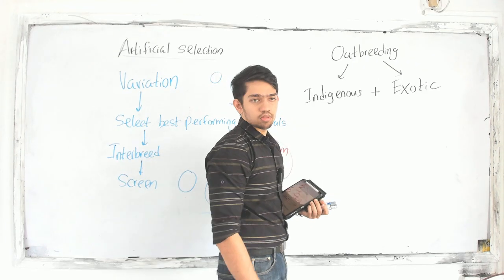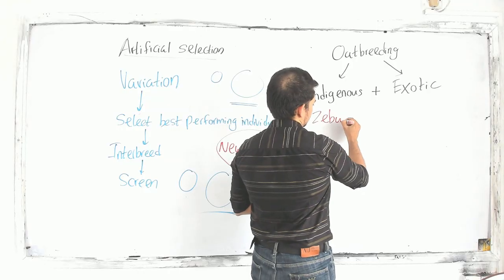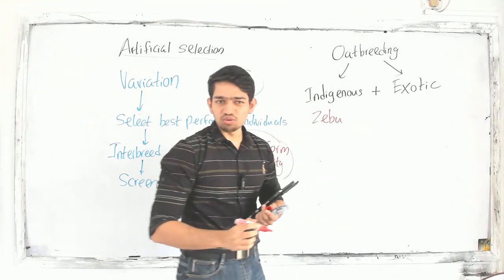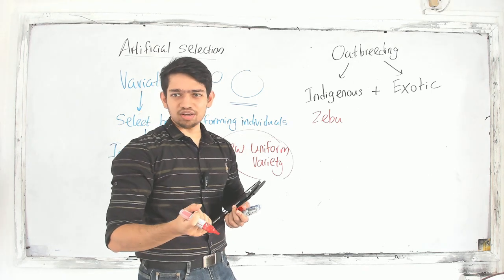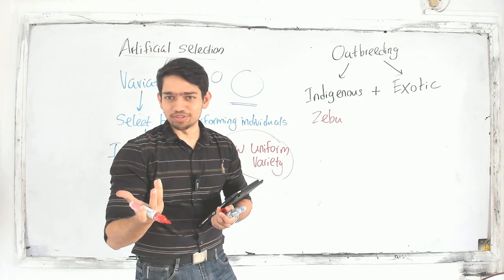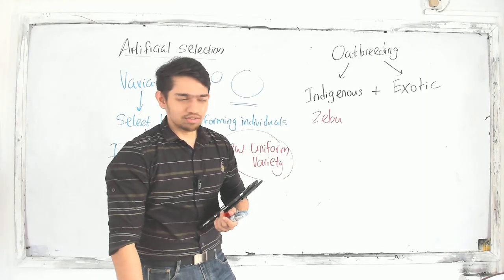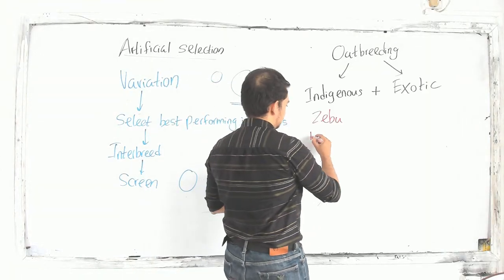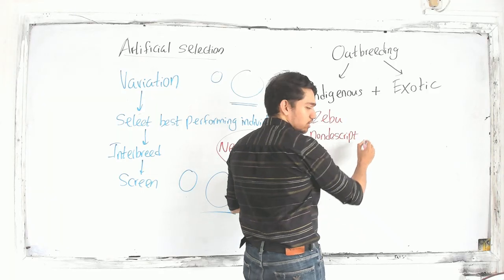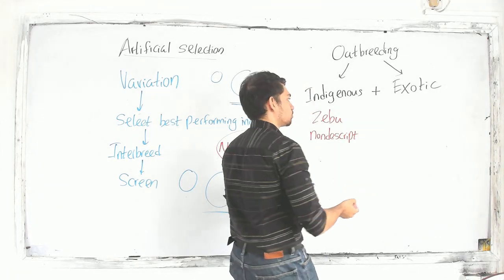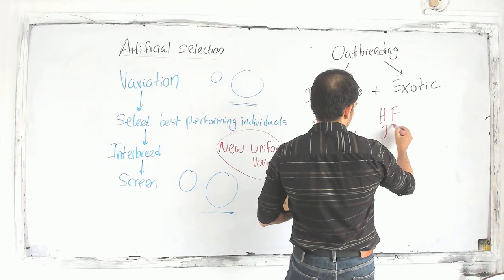Bulls. Here, Zebu means it's like the normal cows that you have on your road, everywhere, just normal. Nondescript means you don't know the breed of them. Just a cow, right? Random cow. Those are Zebu or nondescript. Nothing special about them, right? Just normal cows. You can cross them with Holstein, Friesian, Jersey bulls,